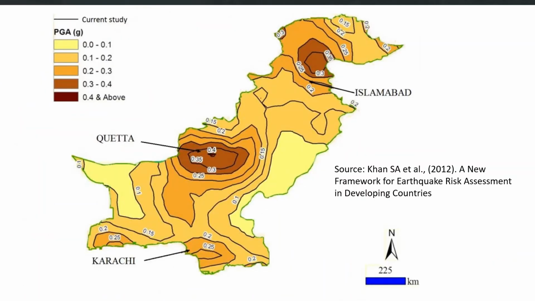So another example from the same reference. You can see here that these contours are the PGA values. The colors are also showing the PGA values for different parts of the country. So this is something which you will be getting as a result of seismic hazard analysis of a particular region. You can do it for one city also, or a site-specific seismic hazard analysis can be performed, which means that at just one particular site you are interested in calculating the ground motion parameters for future earthquakes.